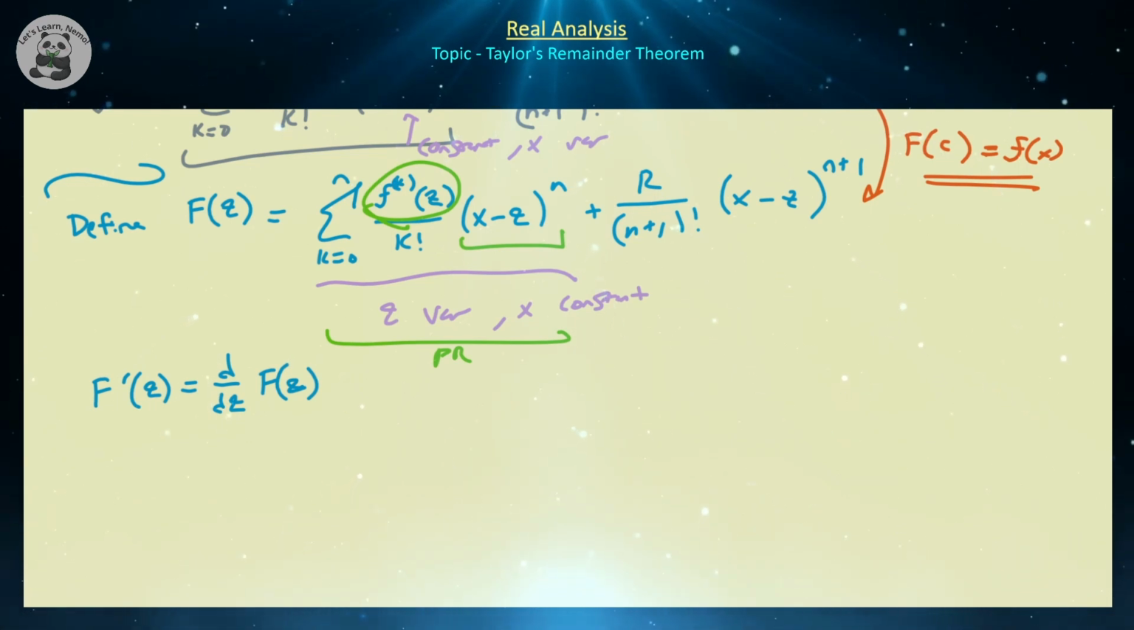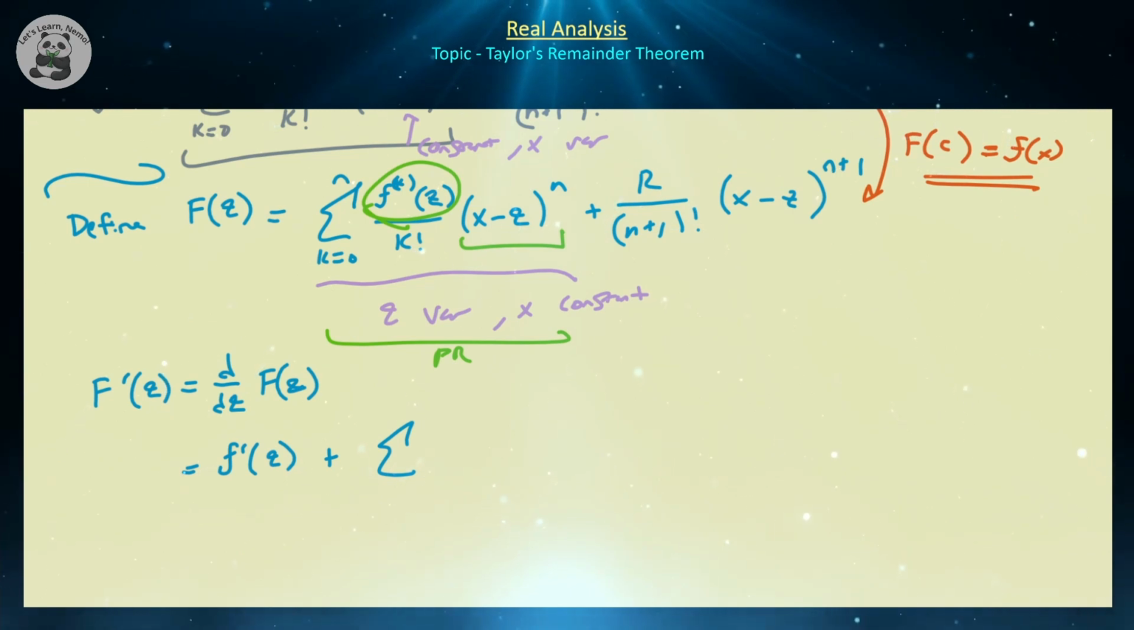But what I'm going to do is break out the first k is equal to 0 term, which is just going to be equal to the 0th derivative of f, which is just f. And we already know that the derivative of f is just going to be equal to f prime of z. And then I'm going to put the rest of the k is equal to 1 to n terms inside of a summation. So I'm going to have f prime of z, so that's the derivative of the 0th term, and